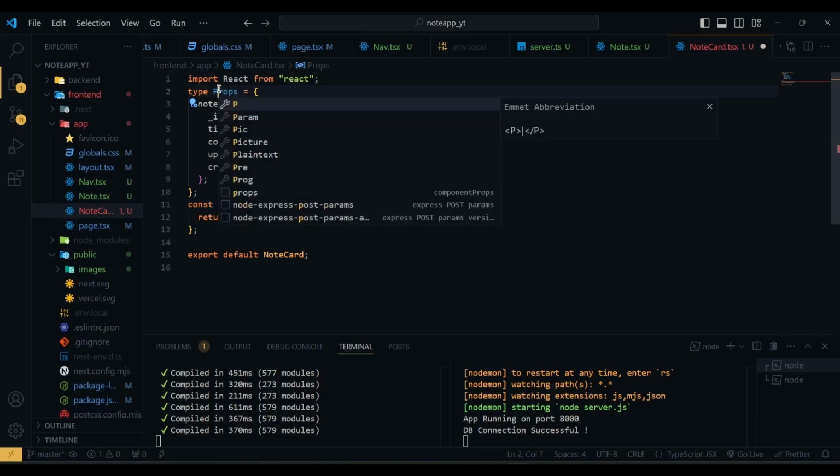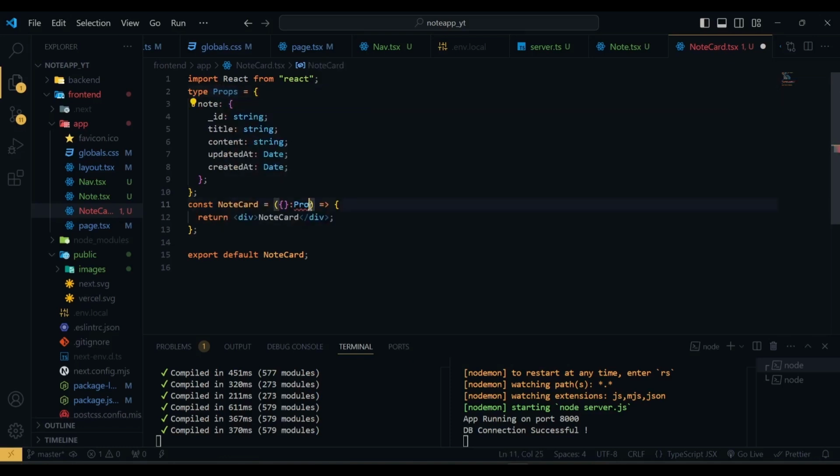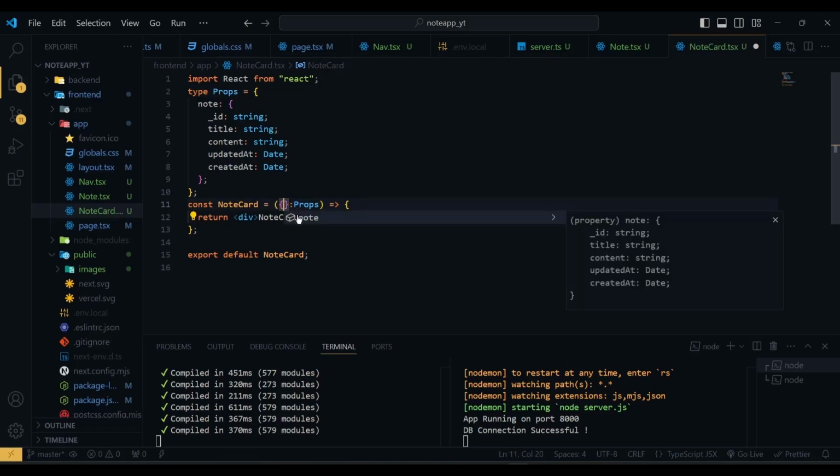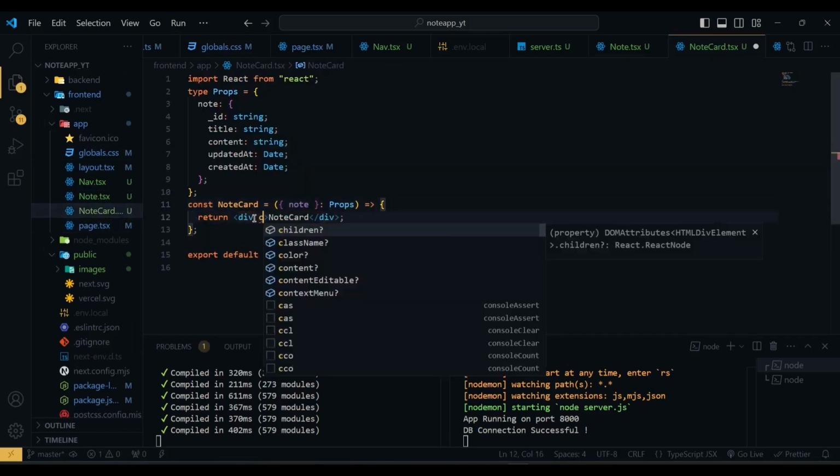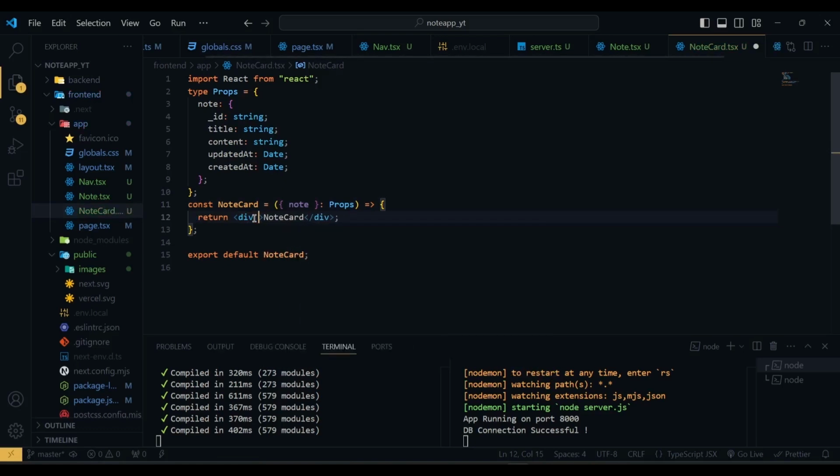Let's make it uppercase, Props, and now here import the node, and that's it. Now you can see the complaint is gone in here. Now in the node card, the first div, so before that, okay, so this div has a class name of